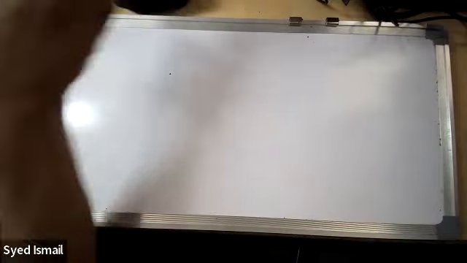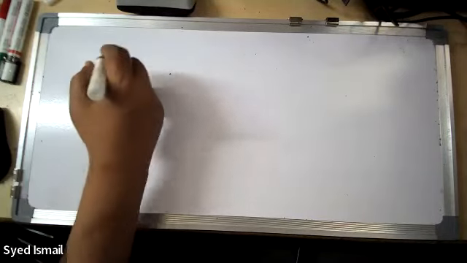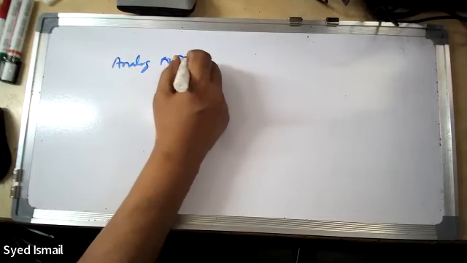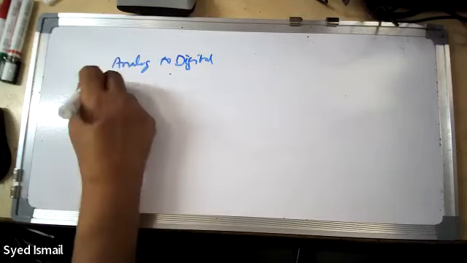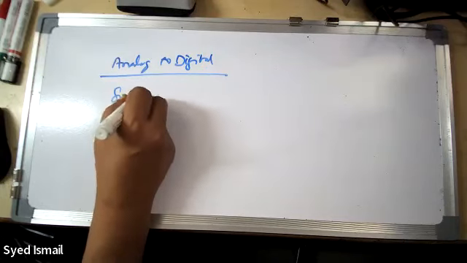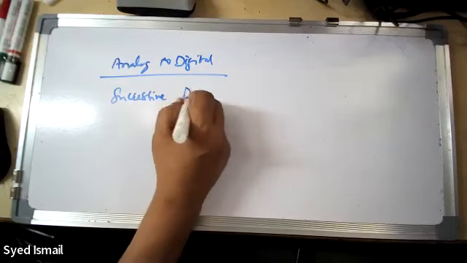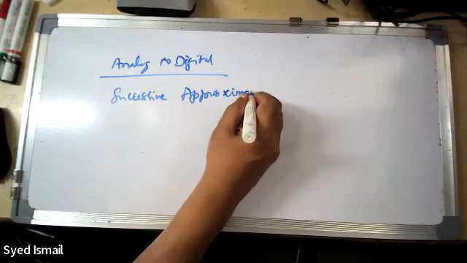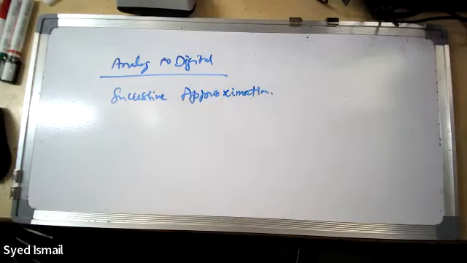So now when you want to convert analog to digital, the first one that comes to you is successive approximation. This is the first technique which is used, and we'll understand what successive approximation is. This is something like bubble sort. I think in mathematics, if you remove bubble sort, it is something like that, successive approximation.